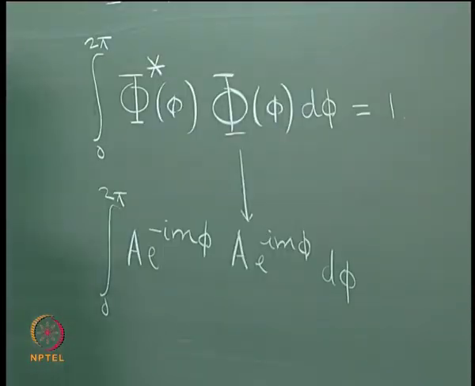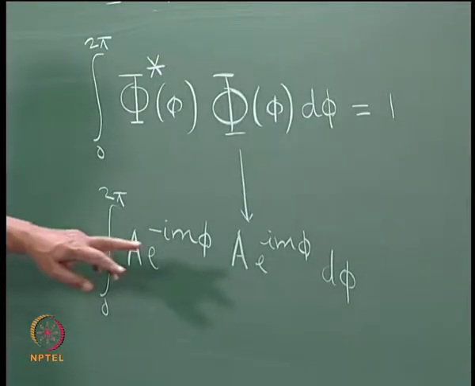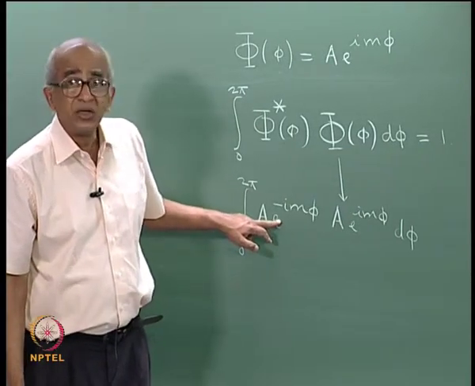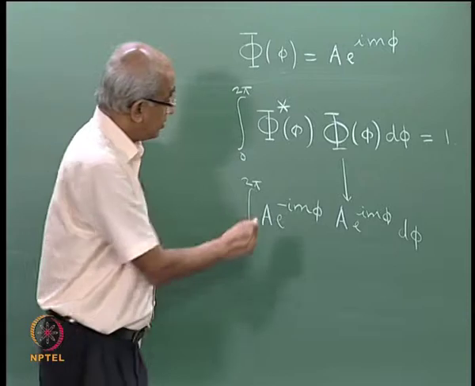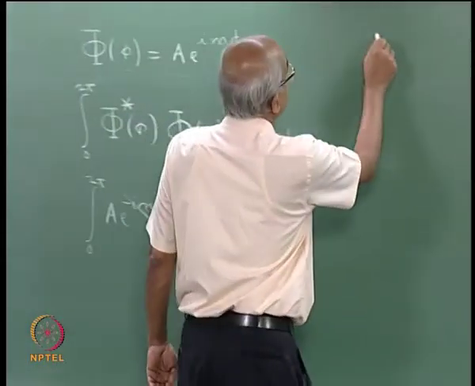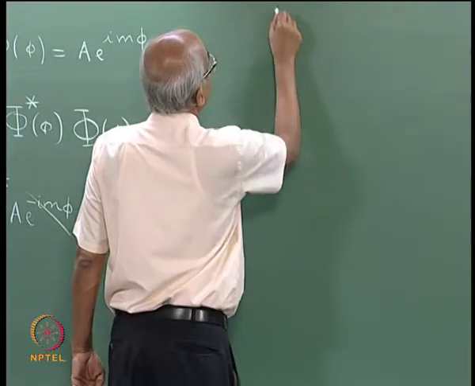And it is obvious that in this expression, this e to the power of plus I m phi will be exactly cancelled by e to the power of minus I m phi. So, these two will cancel each other, and you will be left with integral 0 to 2 pi